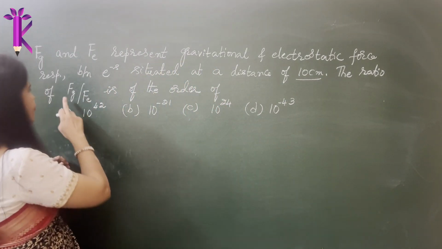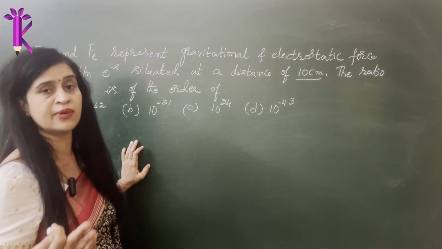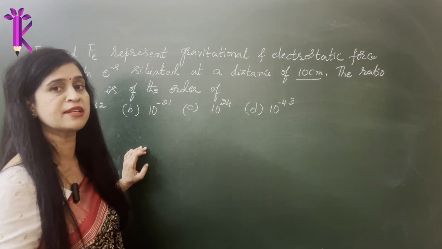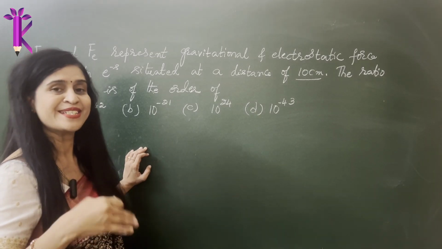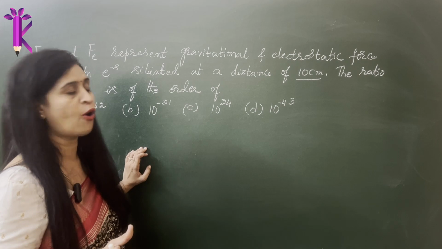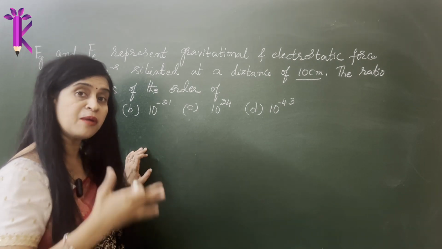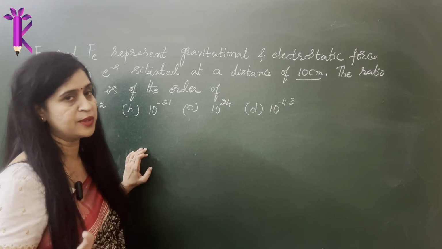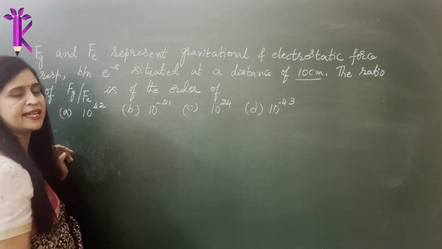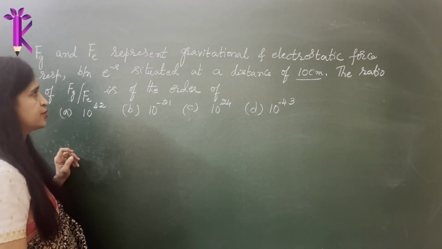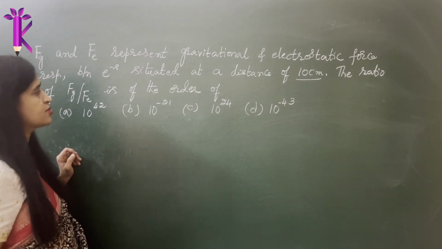The ratio of Fg by Fe is of the order of... so it is a comparatively very simple problem, because you don't have to simplify any whole numbers, except you should know how to shift the decimals and convert that into whole numbers. Use the thumb rule that I have been talking about in all my numericals since I started solving numericals on electrostatics. If you know that rule, it is very easy to calculate the order of magnitude. Those who do not know might find it difficult. If you do not know, this is your chance to learn.